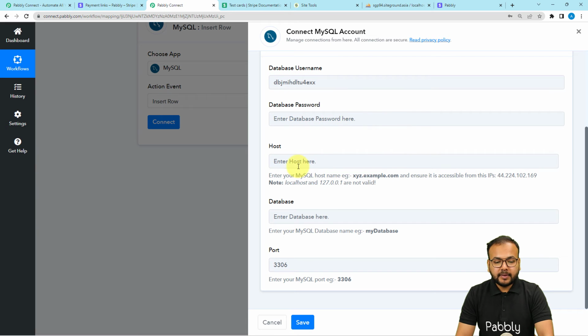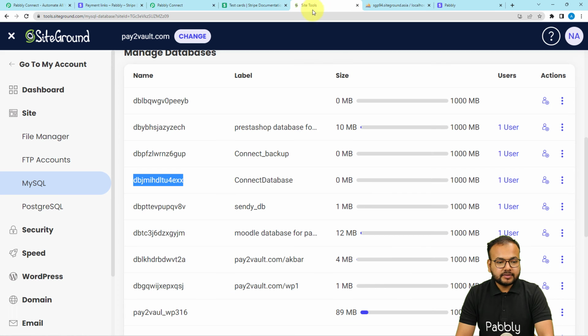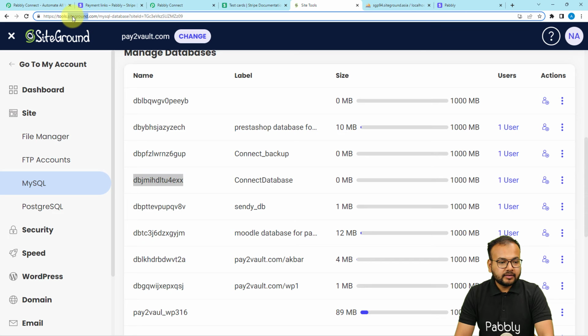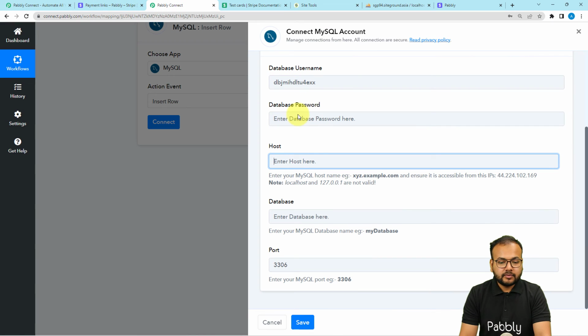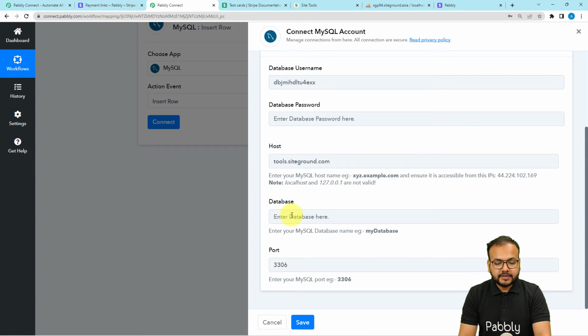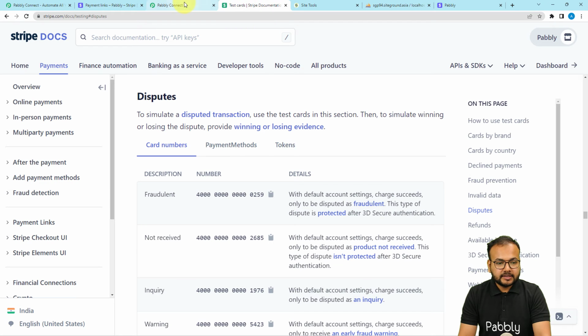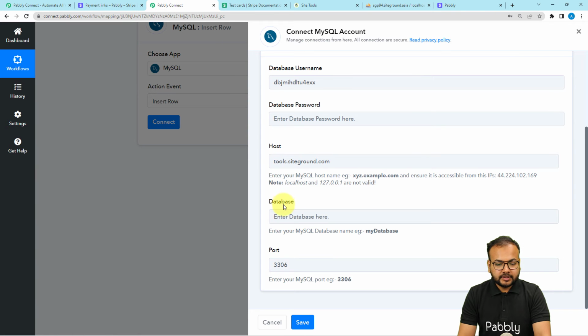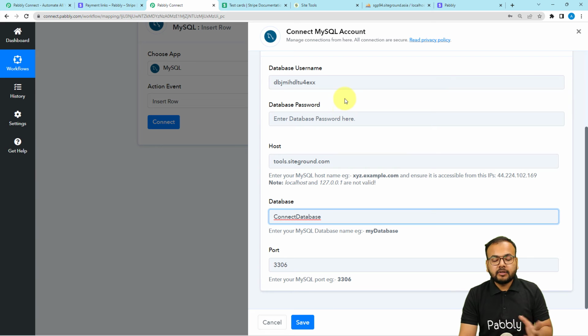Here you have to enter the password. In the host address, you can see the host address right here, tools.siteground.com. This is my host. You have to enter your host. Here you have to enter the password, and the database name is this. You have to paste it here. And after filling all the credentials, click on save and you will be connected with SQL, and the connection will